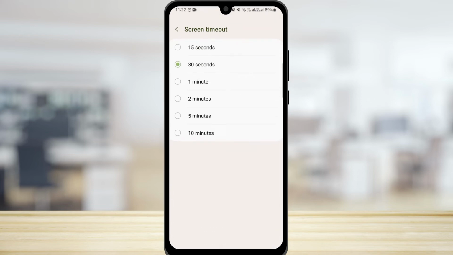Now it is set to 30 seconds. By default, it is usually 30 seconds. So after 30 seconds of inactivity, your screen is locked. So if you want to change that and make it a little bit longer, you can tap on the time